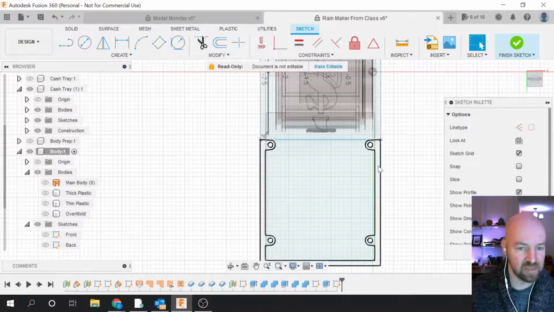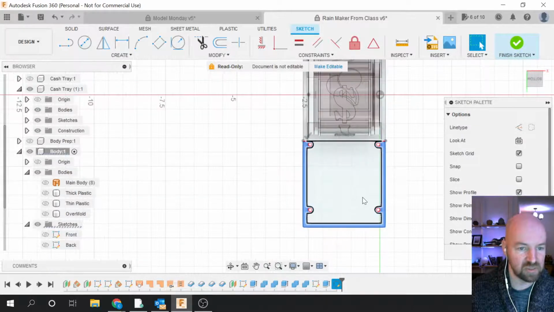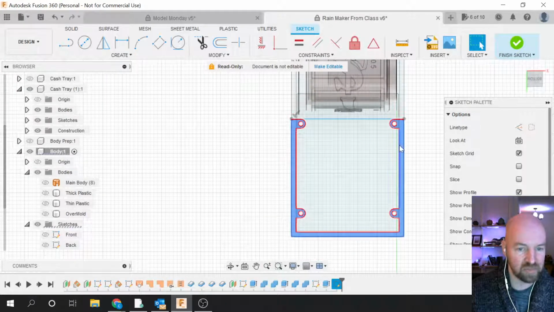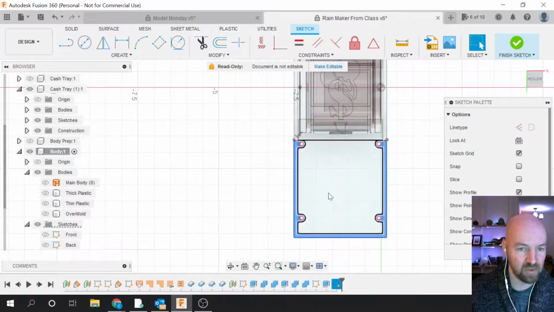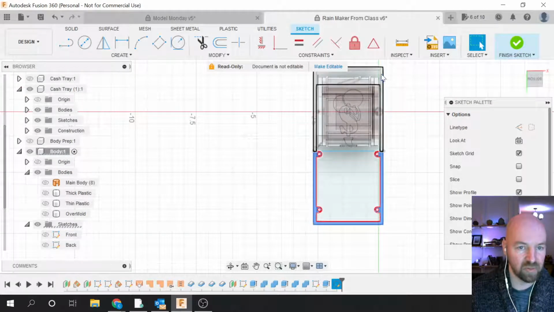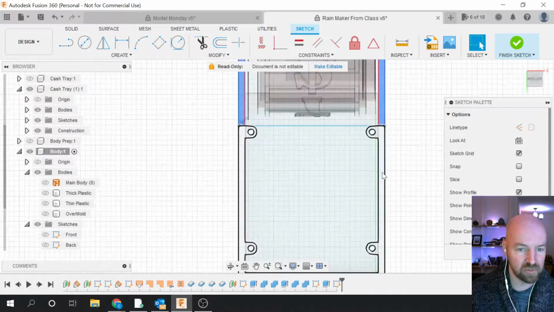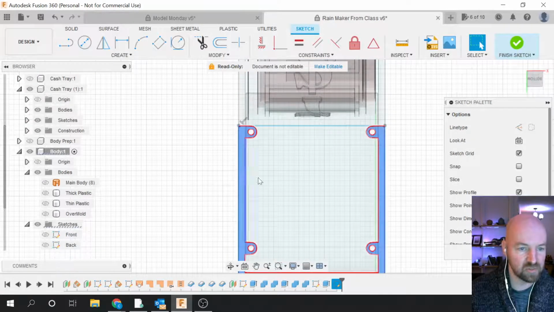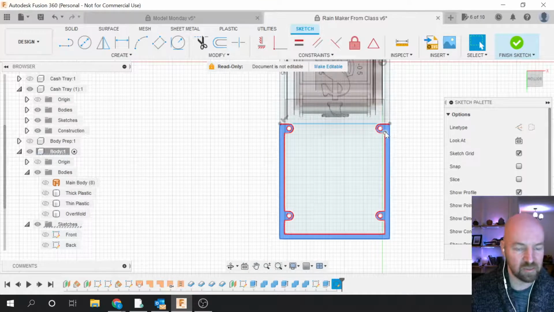And what that does is it creates a division that represents this back area from the front area, right? So this back area includes my mounting holes, and this is what I want to be able to have on my